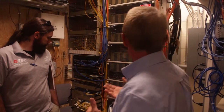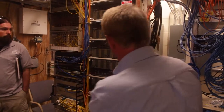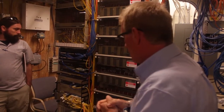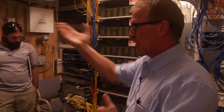So we used to put all of our equipment on plywood backboards, and you can see this would be a mess on plywood. We've now migrated into what are called racks. Racks are prominent. Some people use racks on wheels, some people don't. This is just what we have, and this is how it works. I'm going to turn this over to...